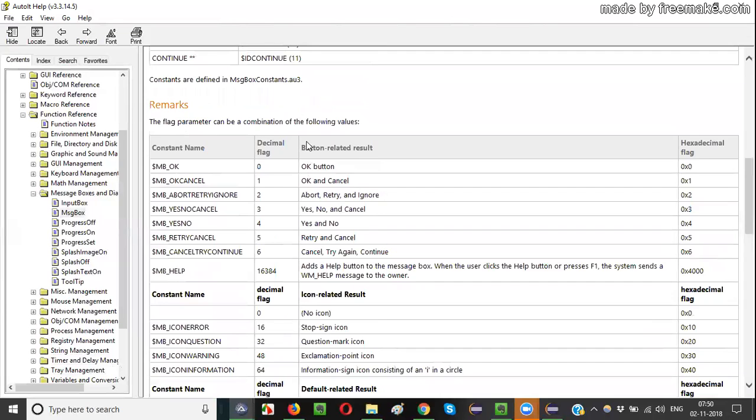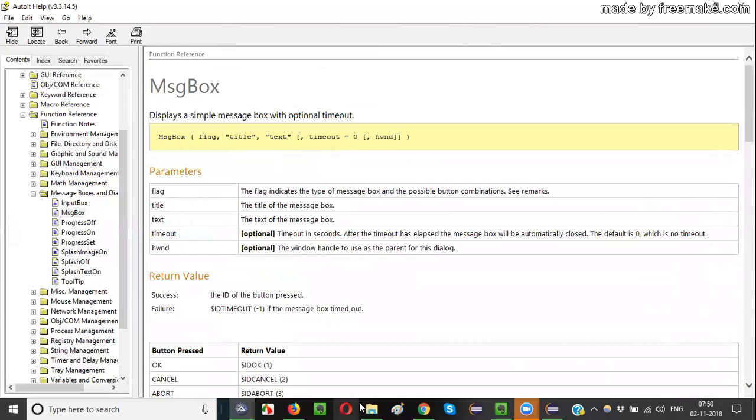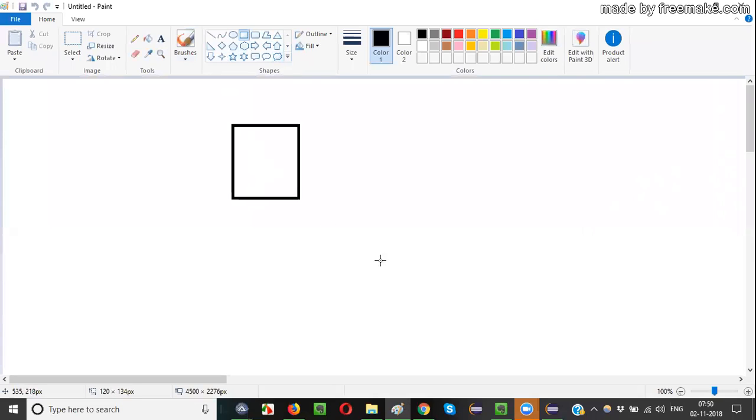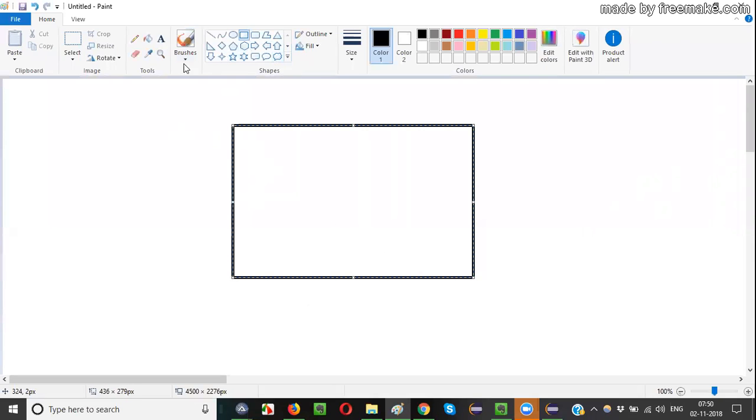Then what should be the syntax, guys? Then the syntax is title and text. After that, you have to give the title of the box on the dialog box. So what I'm going to build here, guys, using the AutoIT script, is this kind of thing.